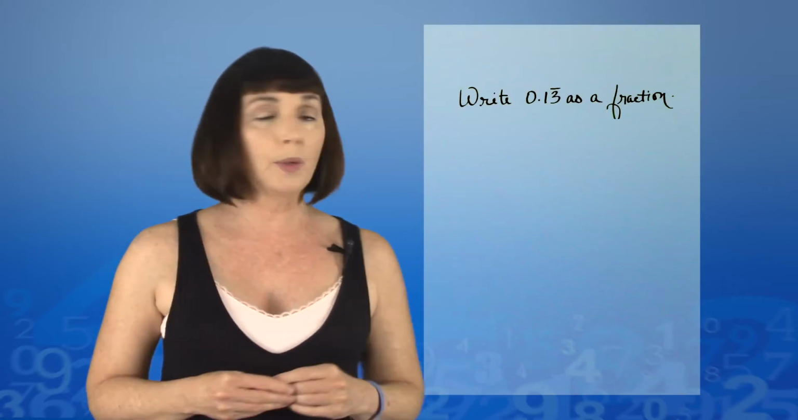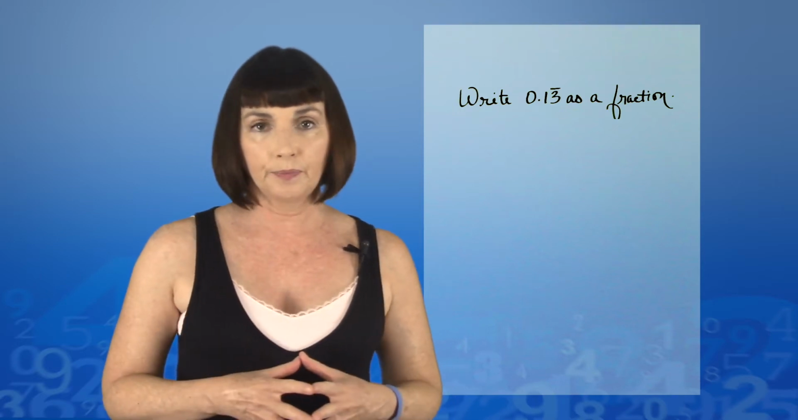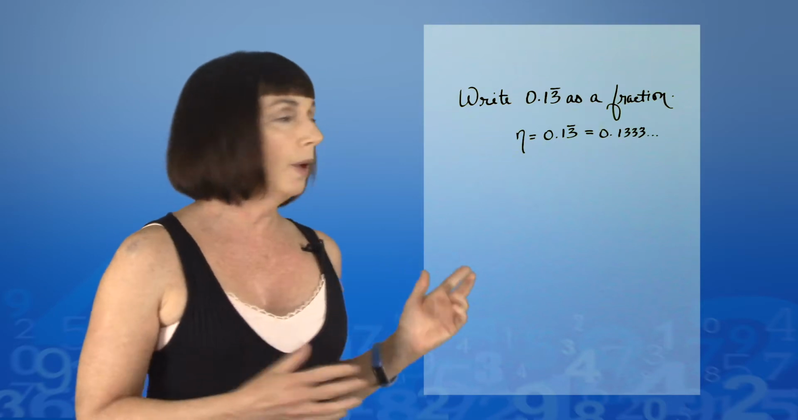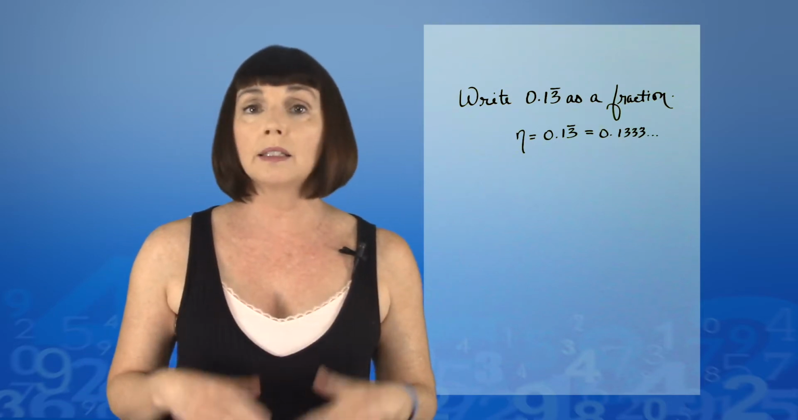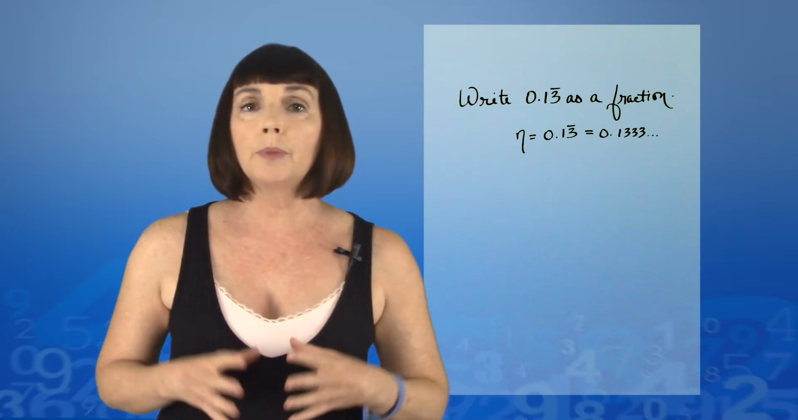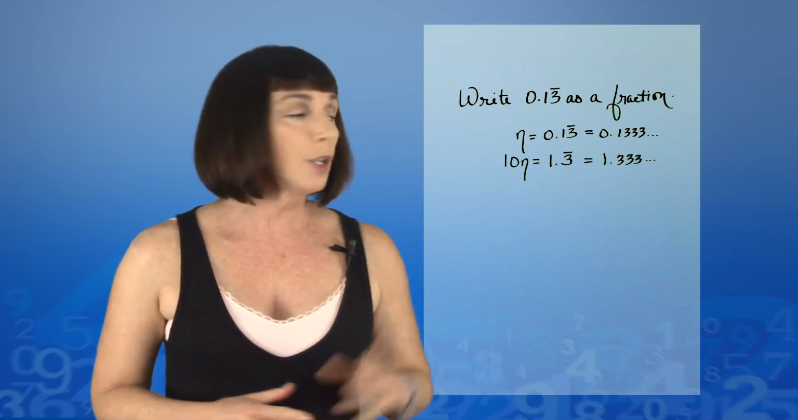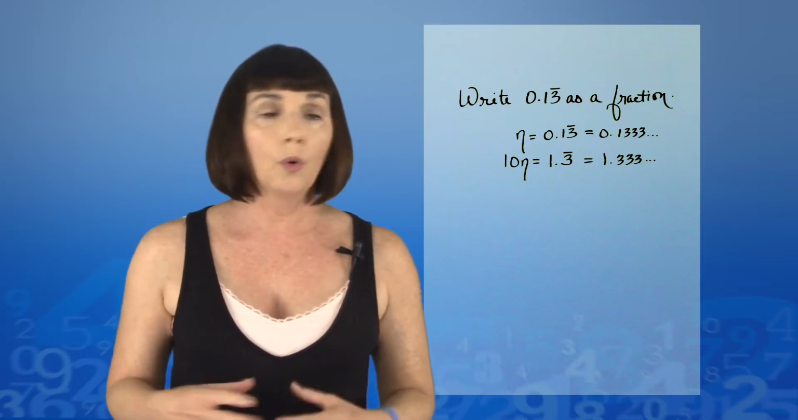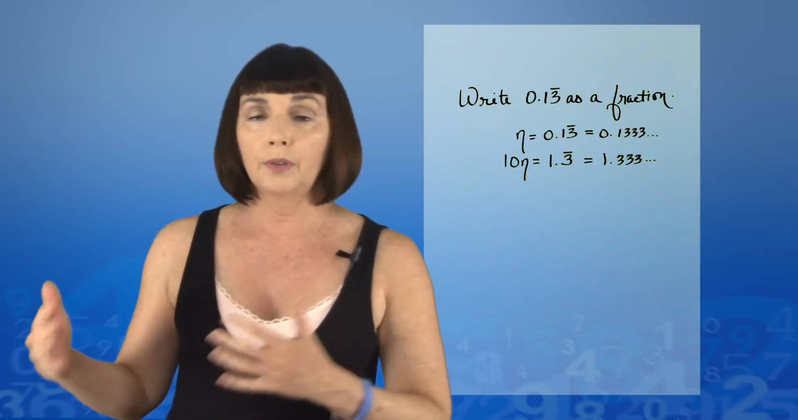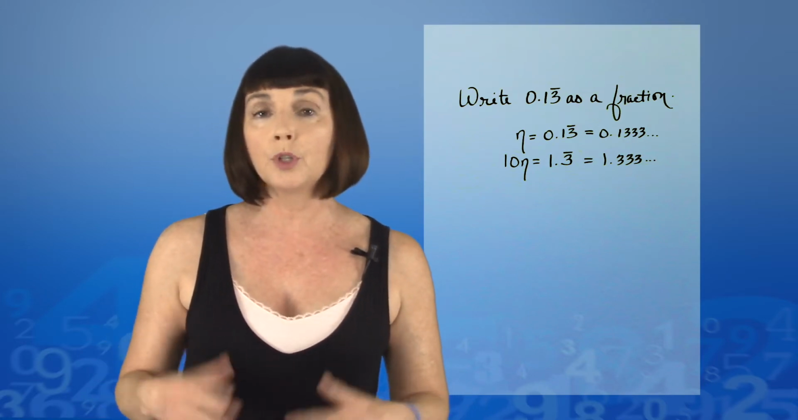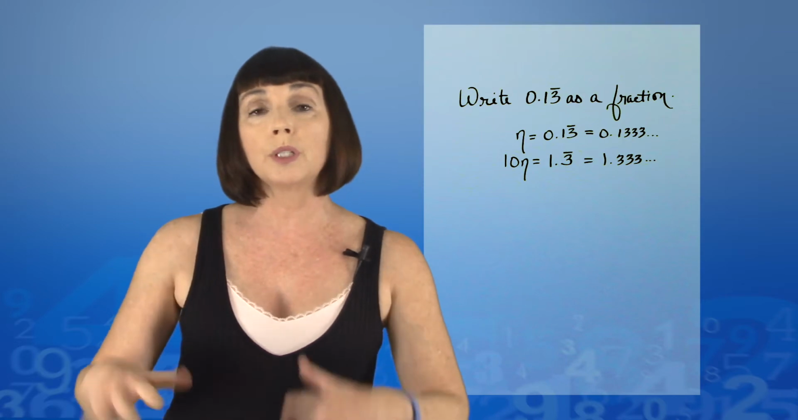So here's our first problem. Write 0.13 repeating as a fraction. All right, so let's set n equal to our value, 0.13 repeating. Now remember, that's 0.1333, etc. Let's multiply n by 10. So 10n is equal to 1.3 repeating, or 1.3333, etc. Now remember, the point of this whole procedure is to have all those repeating decimal values disappear when